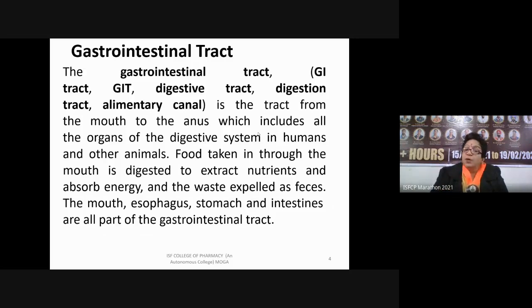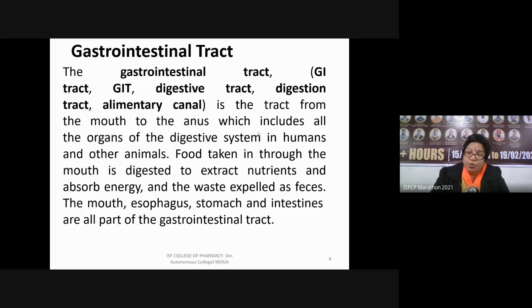No, there is a proper journey of this food, and the tract from where this journey starts and ends is the gastrointestinal tract. So the nutrition has to be taken in the form of the nutrients which are extracted from the digested food, because if the food is not digested, it will leave the body as it is, and we will suffer from malnutrition also, and we will not be able to absorb the energy.